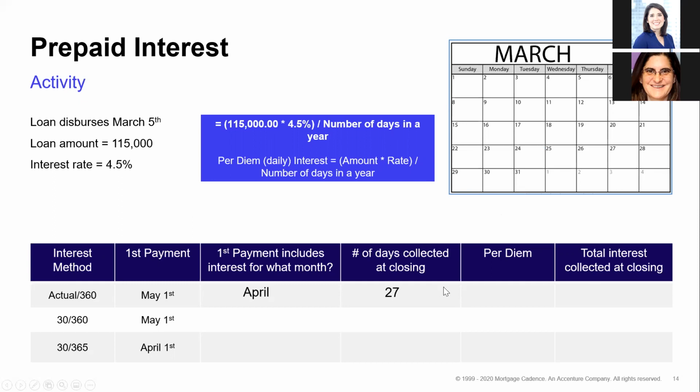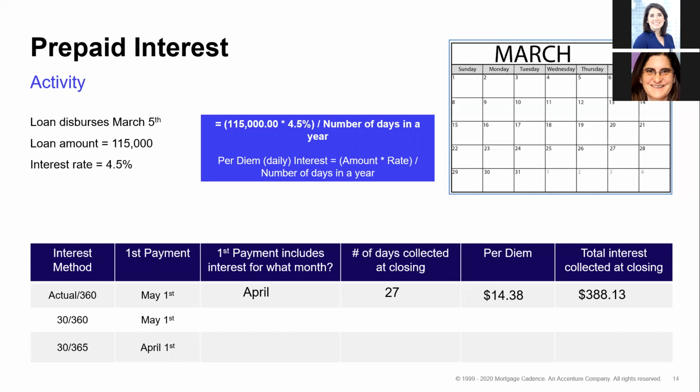So that's great, 27 days. Now, when I'm doing my per diem calculation, I'm using actual numbers of days in the month. So I'm using 31, right? So all my loan amount times my rate divided by the number of days in a year. In this calc, I'm doing 360 times the number of days gives me what? Per diem. We already said the number of days is 27. So what's my per diem? Yep, good. 14 times 38 or 0.38 times 27. Perfect. That's exactly right.